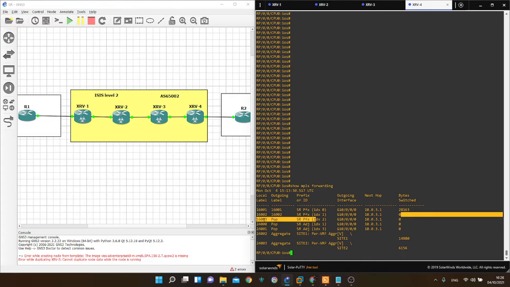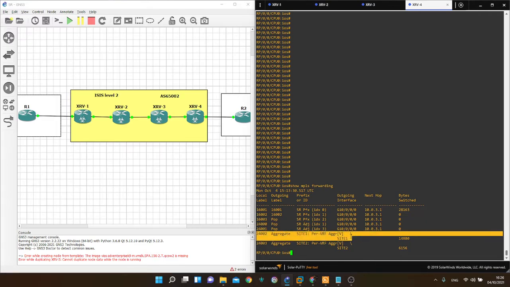So 16,003 is here, 16,000, that's why it's popping to remove the label to send over, and then 16,002 and 16,001. So as you can see down here as well, this is to do with the BGP, the VRFs. So this is attached to the label path, depending upon what VRF it's going to. So for instance, yeah, try and ping,